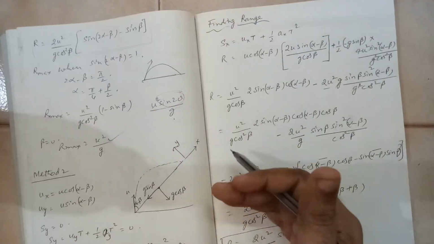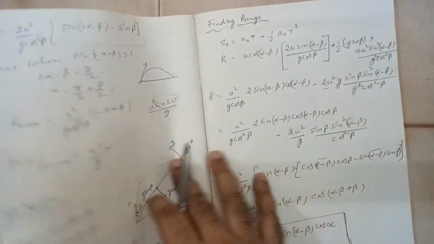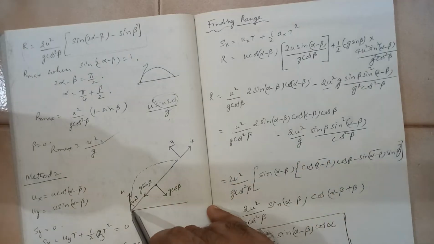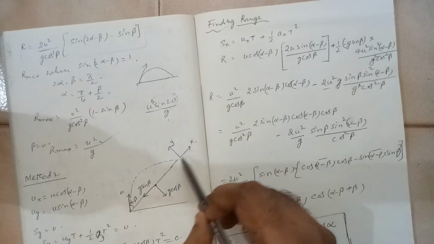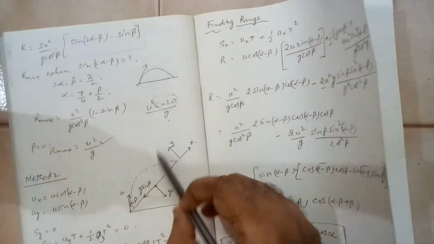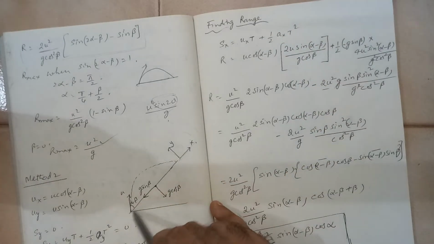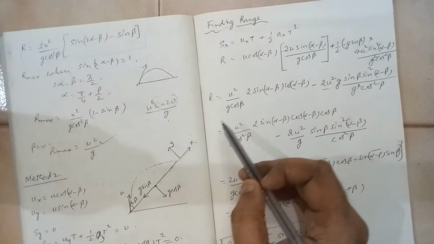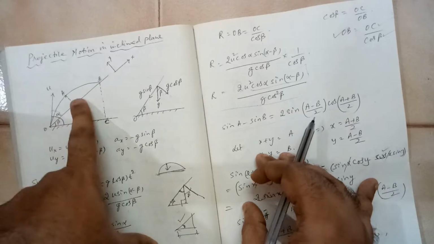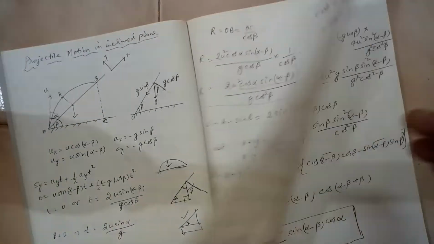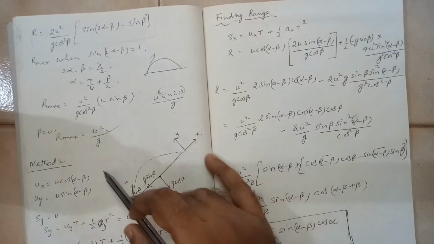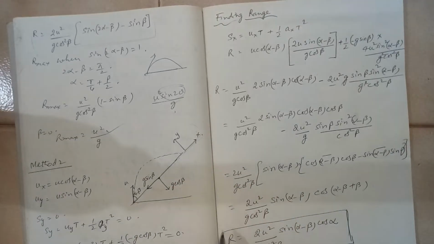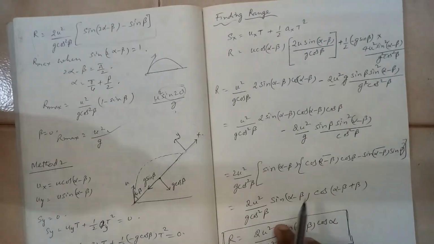Now let us see another approach. In this approach, we will assume that x is like this and y is like this. Our coordinate axis is like this, and we will directly calculate along the plane, instead of first calculating this and then calculating this. That we will not do. Directly we will put our formula and calculate along the plane and perpendicular to the plane. That is our method 2. Let us see what happens.